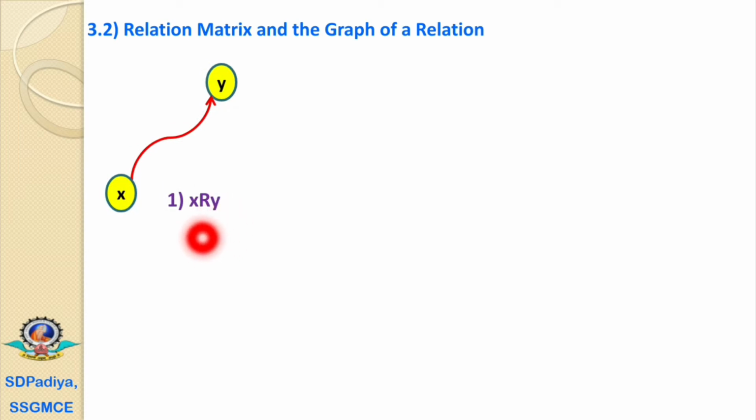It is a graph for x has a relation R to y. There are two nodes, this first node x and this second node y, and we have connected x to y with this path, that is, x has a relation R to y. The second example is for x has a relation R with itself, that is, x has a relation R to x. This is a single node x and this node has a relation with itself, that's why it is connected with an arrow.